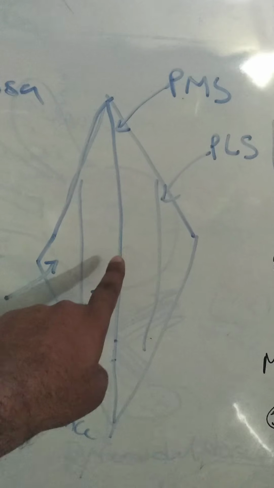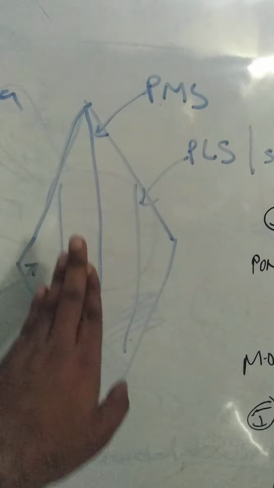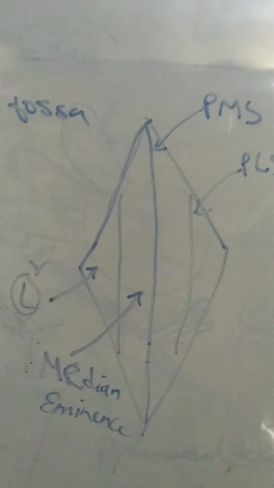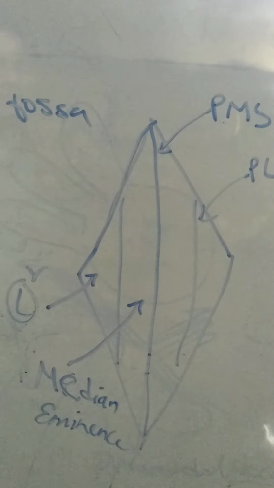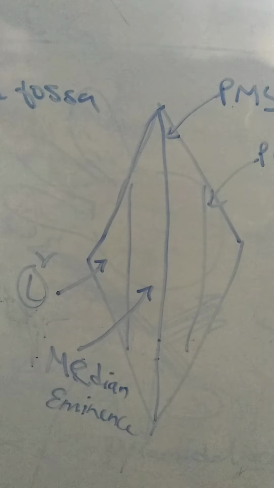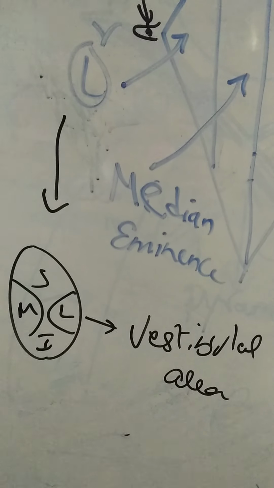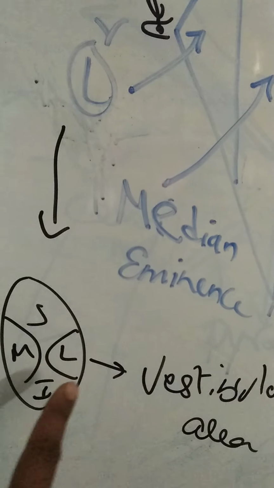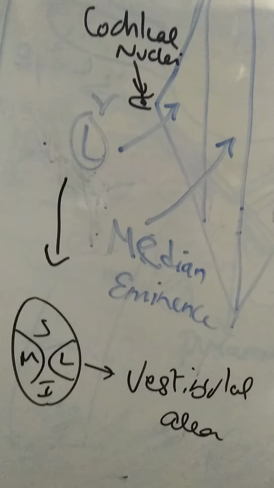The area between the posterior median sulcus and the posterolateral sulcus, also called sulcus limitans, is a linear elevation towards the midline. So it's called the median eminence, because it's an elevation projecting towards the midline. This other area is called the lateral area. It is very simple: median eminence is towards the midline, lateral area is away from the midline. The lateral area is also called the vestibular area because vestibular nuclei rest here. They are the superior, inferior, medial and lateral vestibular nuclei.